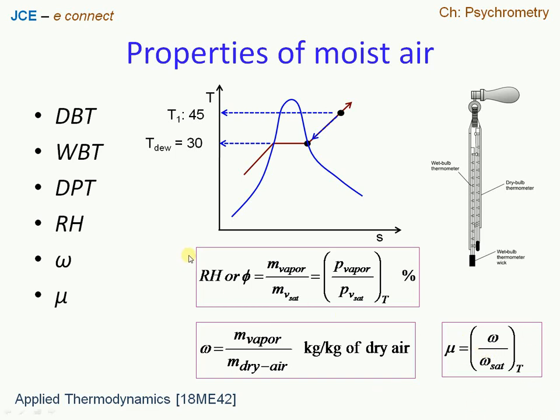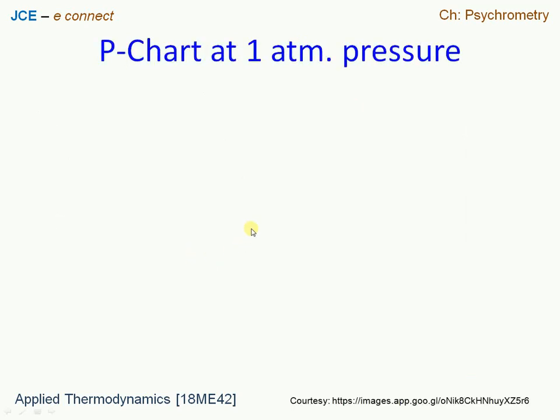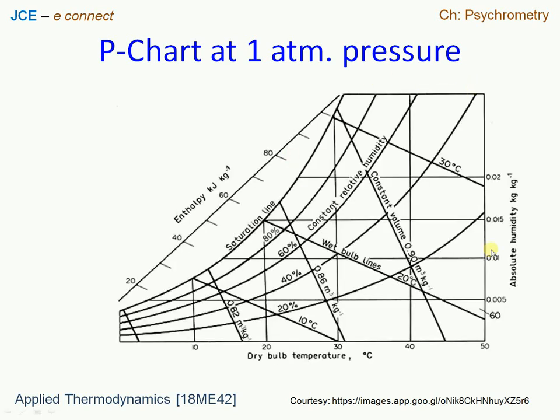Moving further, let us now look at the psychrometric chart, which is expressed at 1 atmospheric pressure, equivalent to 760 mmHg. The chart has an x-axis, along which we have the dry bulb temperature, with values increasing from the left end to the right end. Likewise on the y-axis we have specific humidity, or absolute humidity or humidity ratio, in kg per kg of dry air, and this also increases from the lower end to the far end.